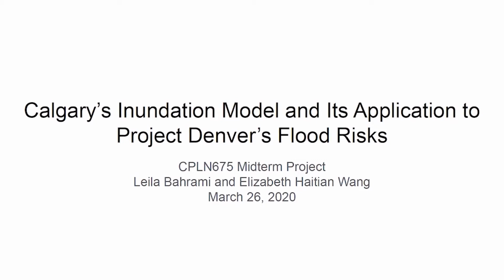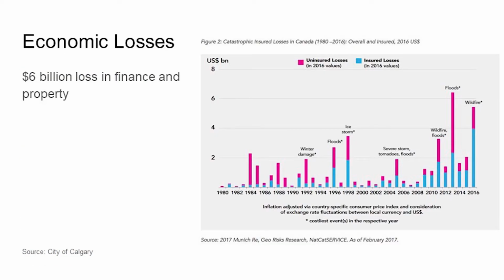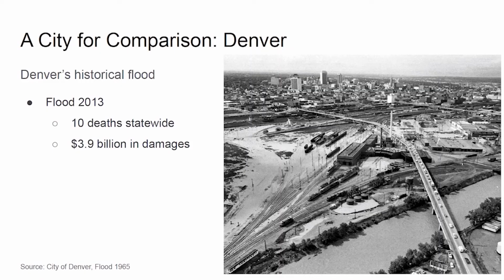This presentation is about Calgary's inundation model and its application to Project Denver flood risk. In 2013, Calgary experienced a major flood. The estimated damage to the city and property and infrastructure was about $500 million. The purpose of this project is to create a predictive model based on the data of Calgary and use this